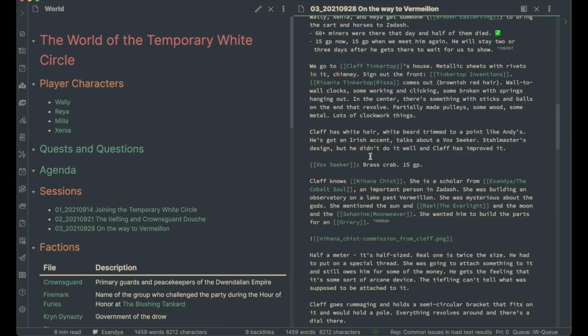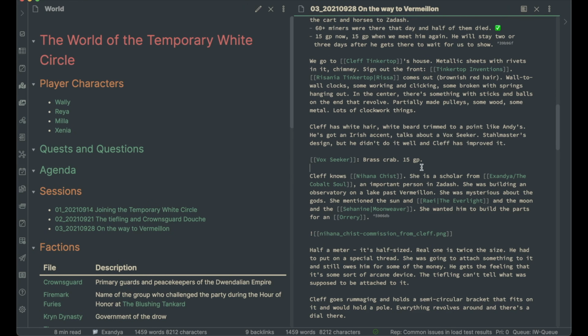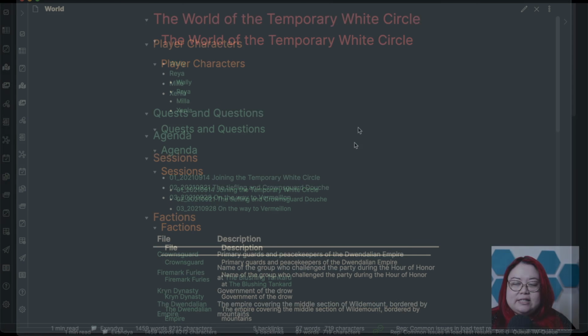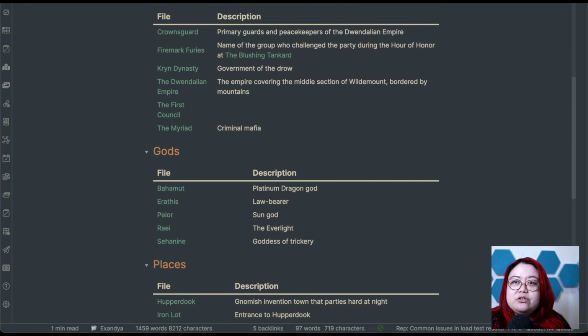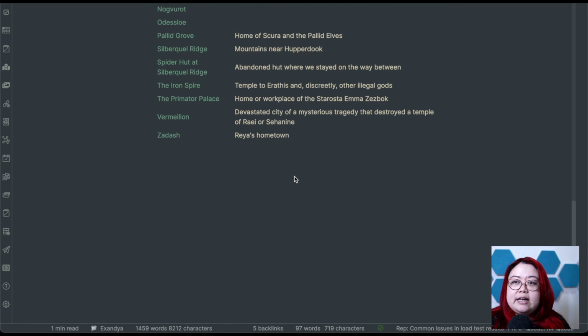A key thing to these notes is that I only ever write what my character knows, or at least I try to. That way I'm not metagaming. Going back to this map of content or this world page, I do have these three sections: factions, gods, and